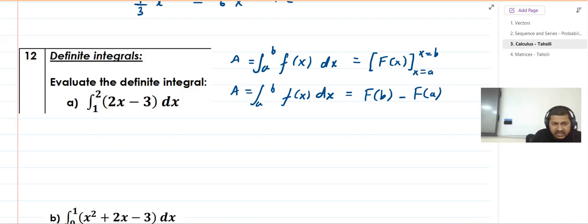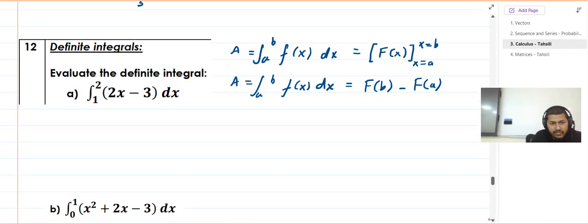So this actually has a geometrical meaning. This integral has a meaning where you can apply it into the real world, which is to find area under curves and area under graphs. Now if I integrate 2x minus 3,